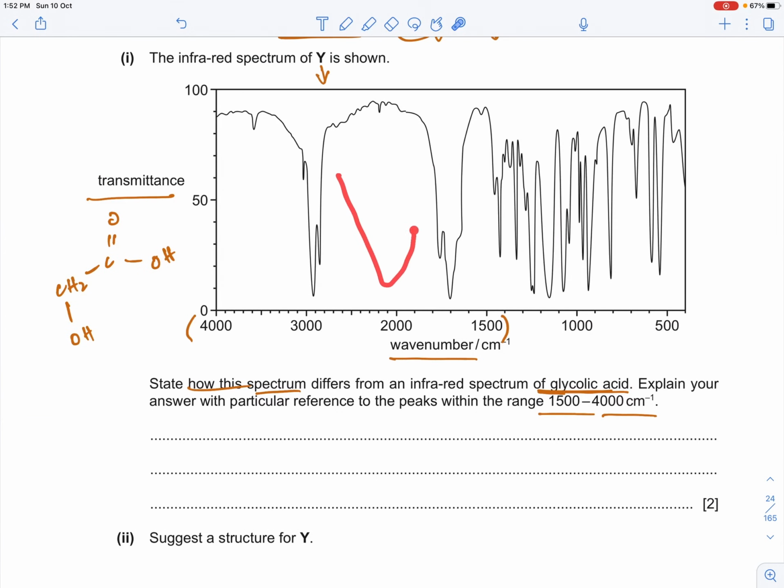Broad peaks are like these kind of peaks, so there is no broad peak. We have a peak here at around 2900, this is due to CH, and there is no broad peak due to the OH group of carboxylic acid. So we can say that the first difference between the IR spectrum of glycolic acid and Y is that it does not have